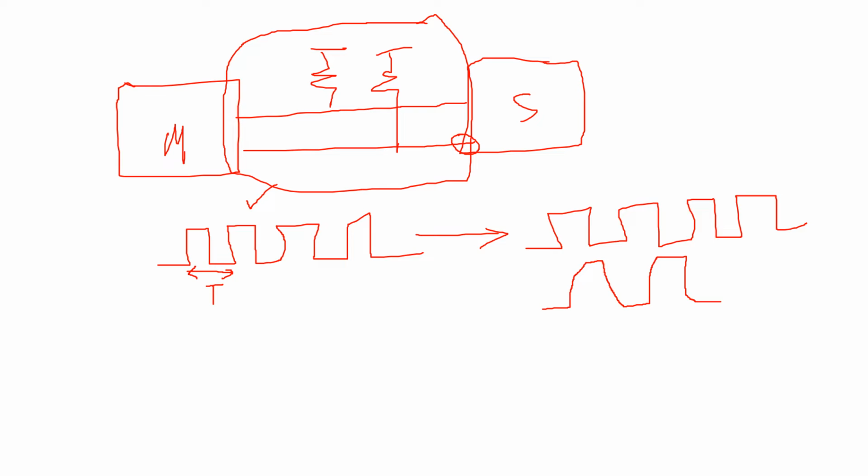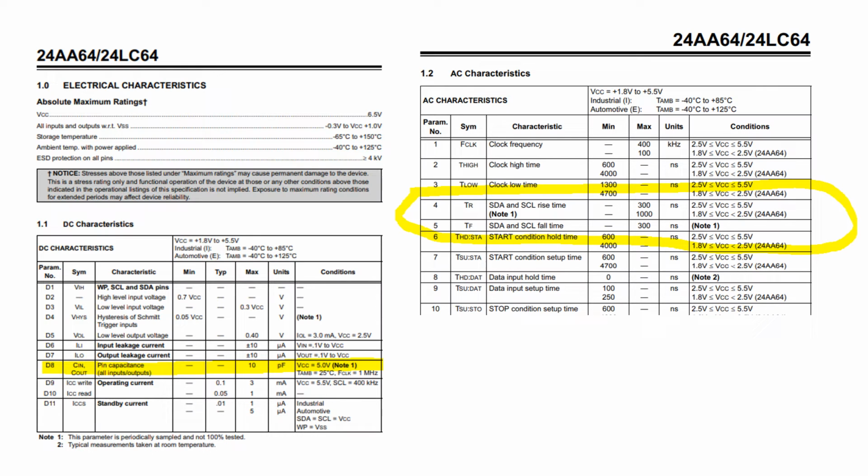So now one has to understand what are the consequences of a signal reaching the destination this way rather than this way. Now a simple example of an EEPROM. If you see here, the clock frequency that is allowed is 400 kHz or 100 kHz. There are two modes, which is the standard mode or the fast mode. Now let us take a scenario of 400 kHz.